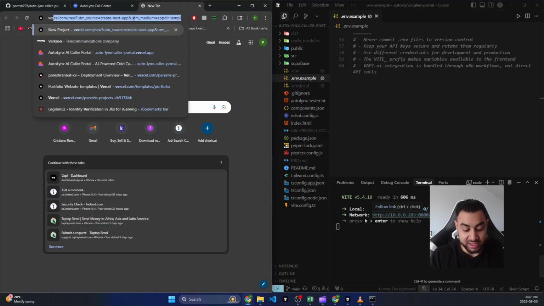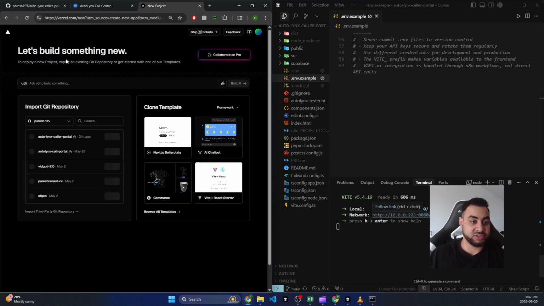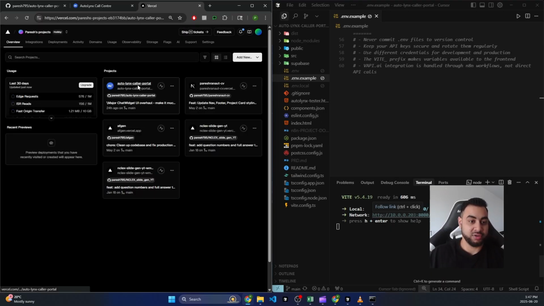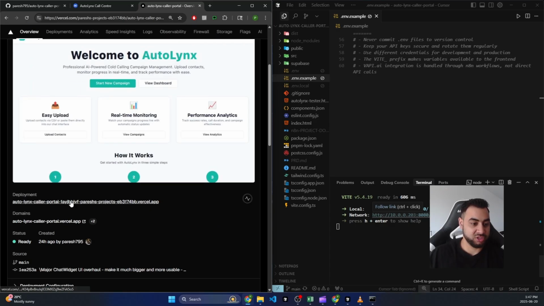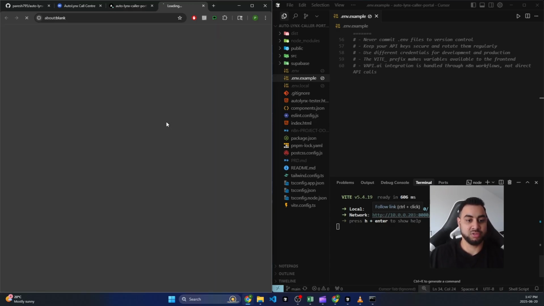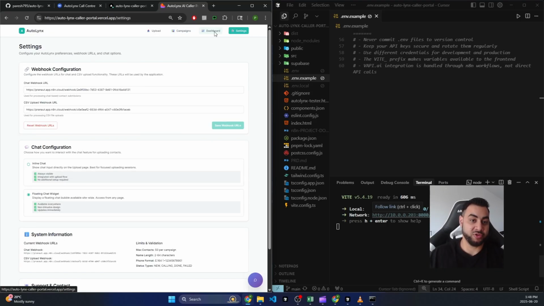So I am using Vercel for that, and all you have to do is go to Vercel, create an account, connect your GitHub to it, and then import this repository from your GitHub and deploy it, and it will deploy within 1 click. I have it already deployed. I'm going to show that to you right here, so I'm just going to open this up. There you go. I have this currently running on the internet with just 1 click for my own needs,